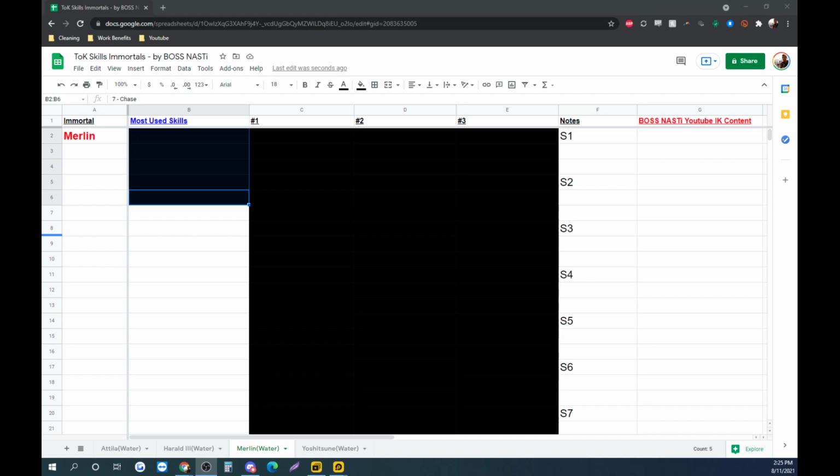You already know, we are back again for the dopest of the dope sauceness video today, talking about Merlin, our boy, the wonderful Wizard of Oz, slash the Great Wizard, if we're just technically speaking. But we're going to be talking about Merlin, and specifically his most used ToK skills at the moment. So let's break it down for this variation, and I wanted to give an update because I know in the